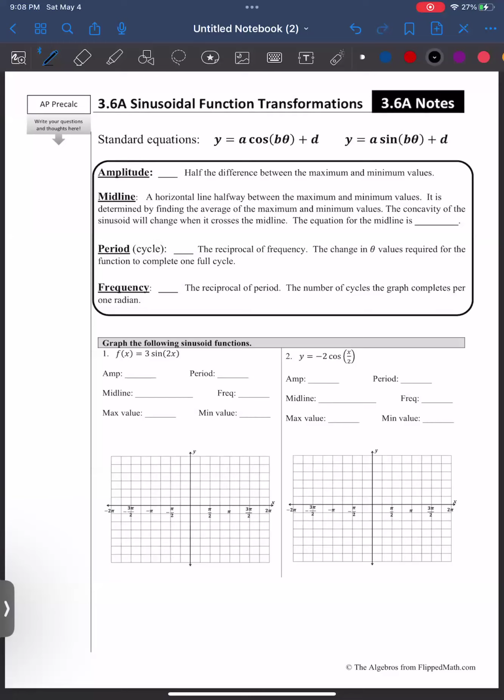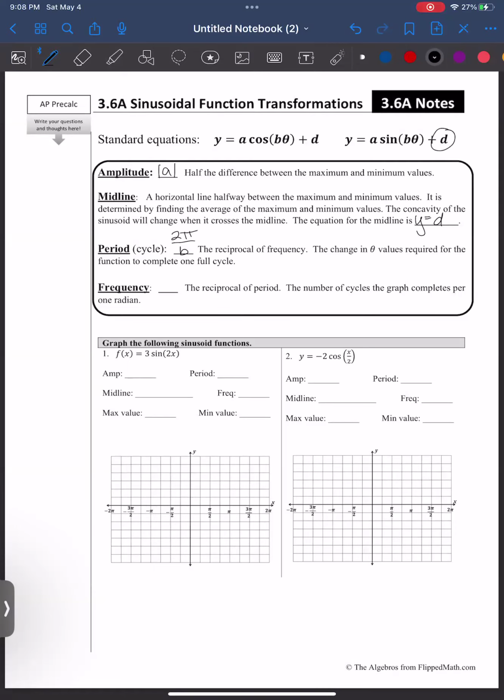And now I'm reusing the same vocabulary that we just had, only now it's a little bit different because we're talking about the sinusoidal functions that have transformations, right? It's not like the parent functions before. So the amplitude though is still the absolute value of a, but now in this case my midline is going to occur at D. So this vertical shift up or down is where my midline is now going to occur. Okay, now my period is going to be 2 pi